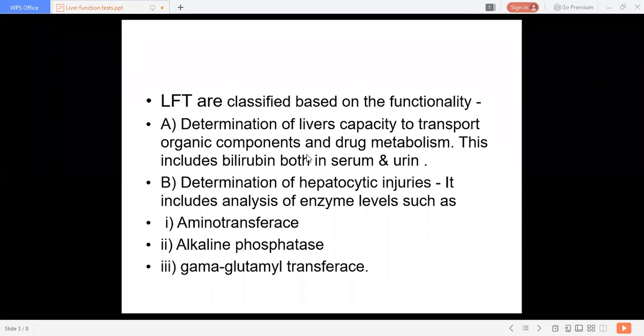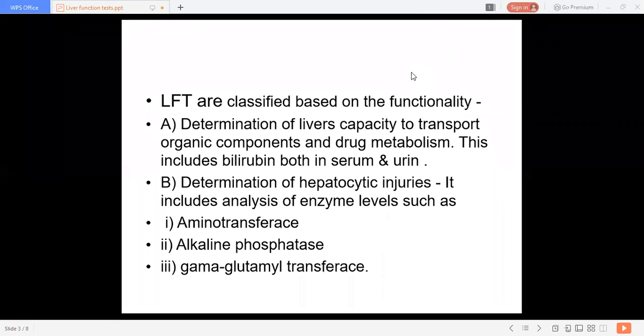It also helps to diagnose the presence of gallstones and tumors of the pancreas. Since bilirubin is a byproduct of RBC destruction, all of you know that, its estimation can also shed light on conditions like hemolytic anemia. So bilirubin levels are helpful for diagnosis of various disease conditions. So it is very important, the study of serum bilirubin.